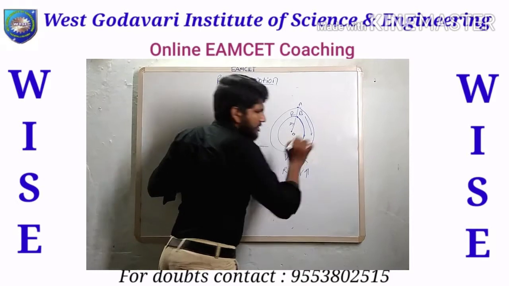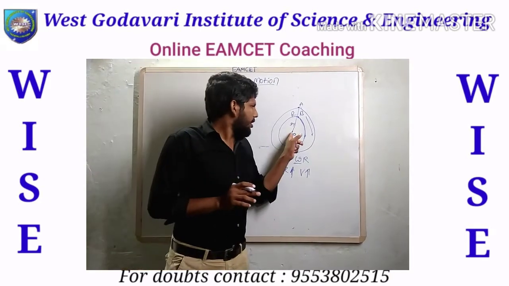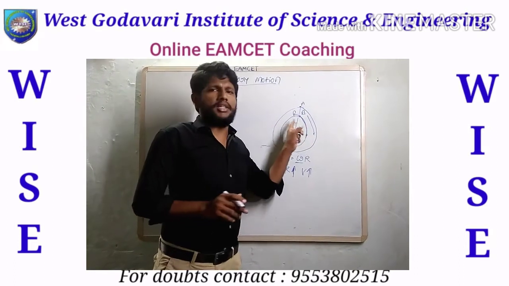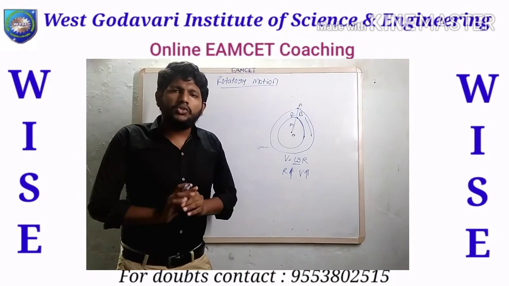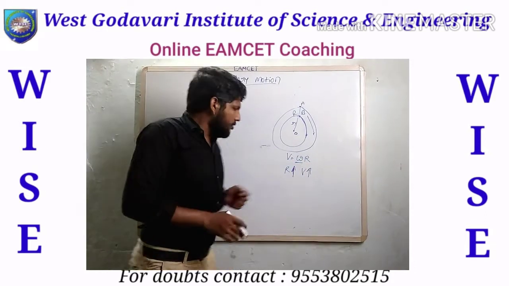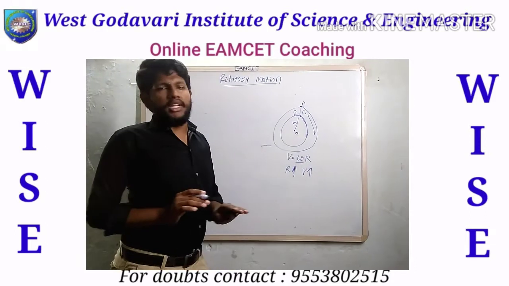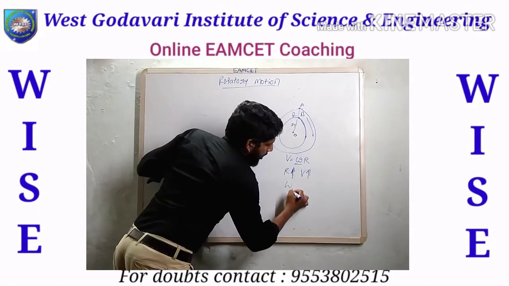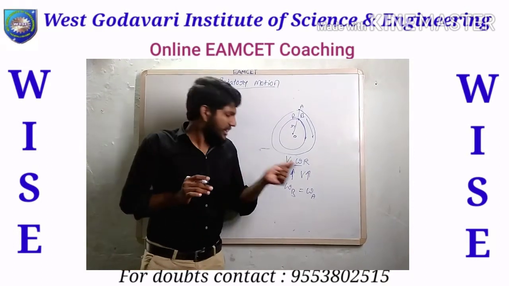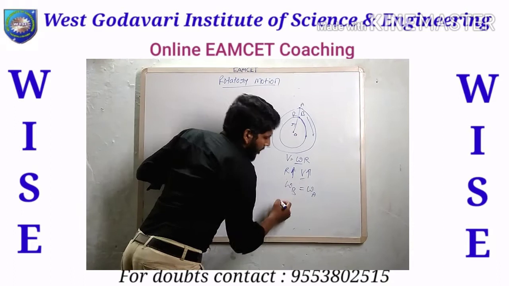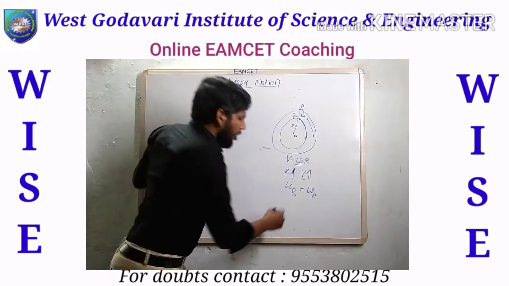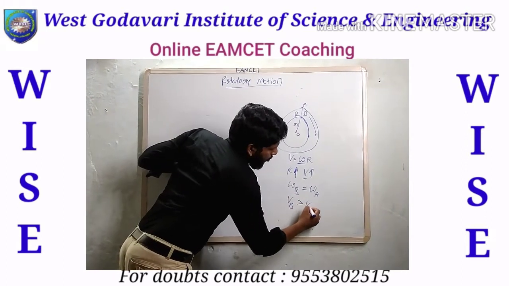So omega here is constant, because from here to here is 360 degrees and it is also 360 degrees. So angular velocity is constant. So what is the parameter that can change the velocity? That is the radius. So if R increases, the velocity is going to increase. When omega is constant, that is omega B equal to omega A, which velocity is going to be increased? Almost the greater one. So VA is greater than VB.